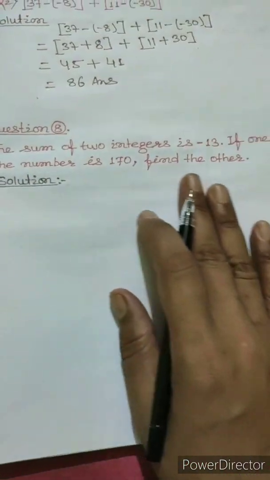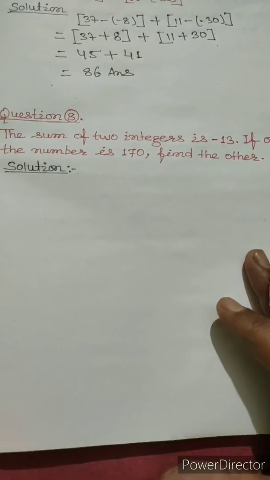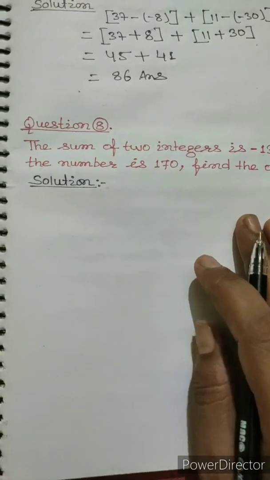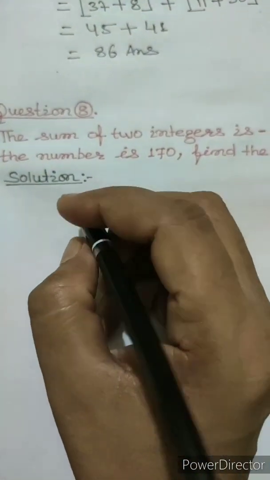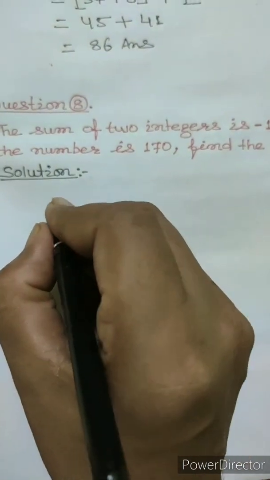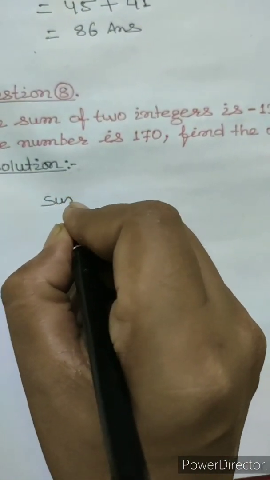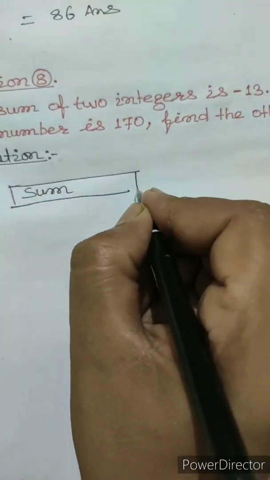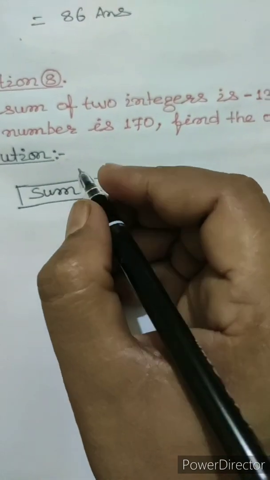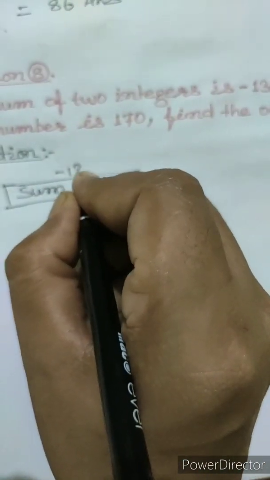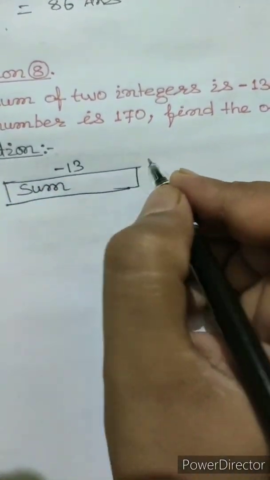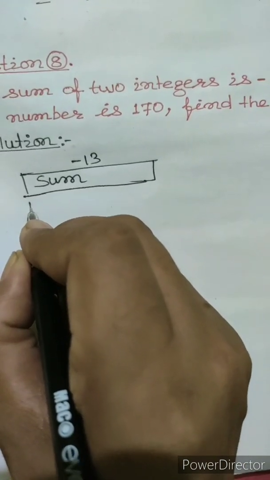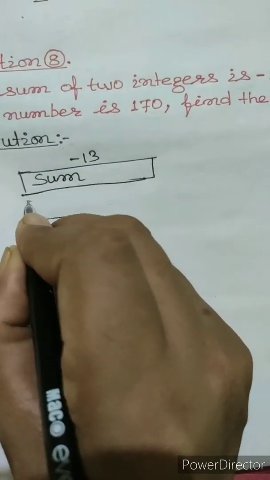The first simple method is one which you also learned in standard 5. What is given here? The sum is given. So I am going to draw a diagram, and by that diagram you will easily understand what is given. Just think that this is the sum. How much sum is given? The sum is given as minus 13. From here to here the sum is minus 13. Out of the sum, one number.